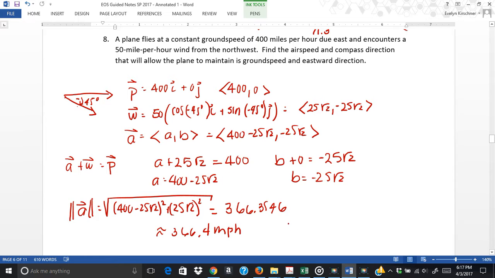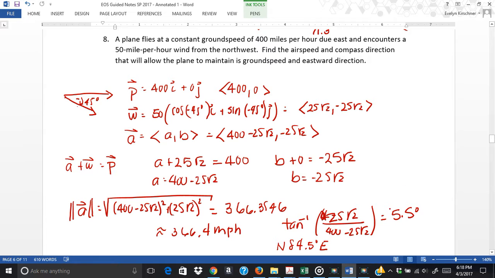And then I want to find my direction. Well, my direction is just like before. I know that the direction of this vector is going to be the tangent inverse of 25 radical 2 over 400 minus 25 radical 2. And so if I find that angle, it's 5.5 degrees. Well, I know that if the wind is pushing down, we have my A and B, so it's going to be down here, but it's pointing down, so it's really going to be going from the north. It's going north to the east. So my tangent is this, and so my direction is north 84.5 degrees east,